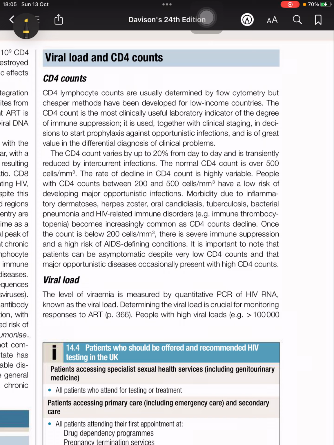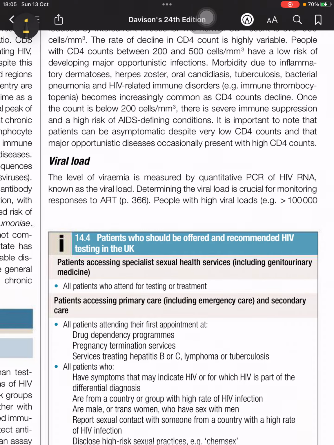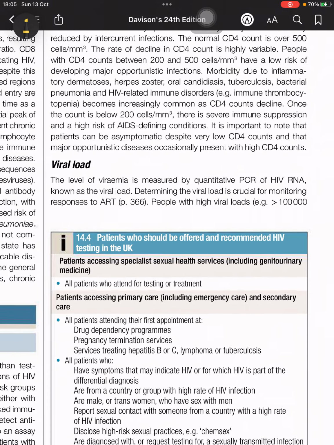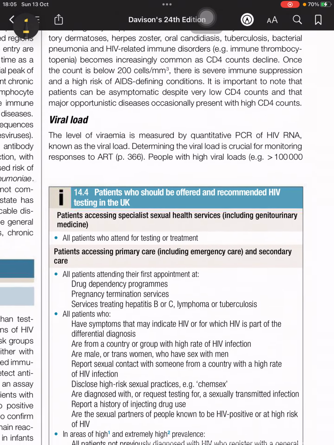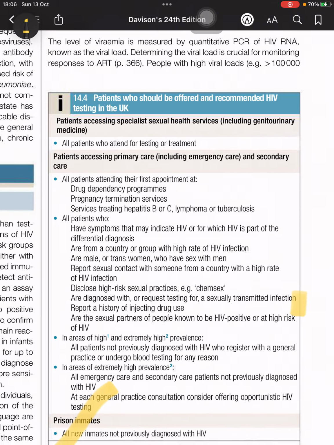Viral load. The level of viremia is measured by quantitative PCR of HIV RNA, known as the viral load. Determining the viral load is crucial for monitoring responses to ART. People with high viral load, more than 10,000,